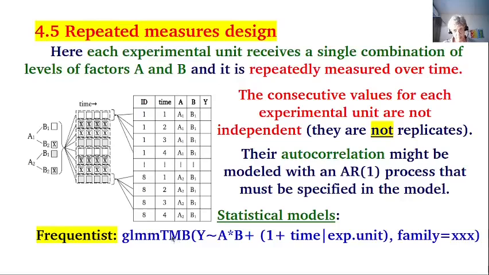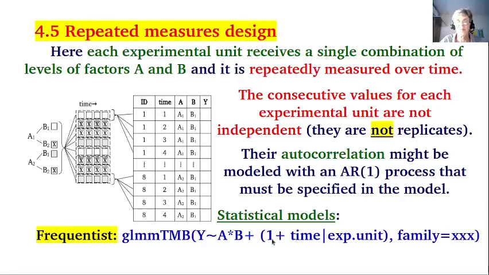glmmTMB for the Frequentist framework. Here are the fixed effects in which we have the single effects of factor A and B and their interaction. And for the random effects, we here are specifying random intercepts, random slopes for the temporal dimension of our experiment, vertical bar unit, experimental unit. This is the identifier of each experimental unit. It's a categorical variable for which we are going to specify random intercepts and random slopes